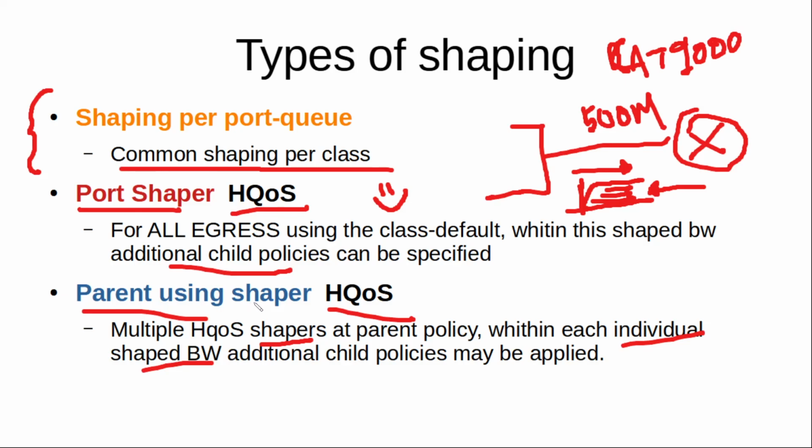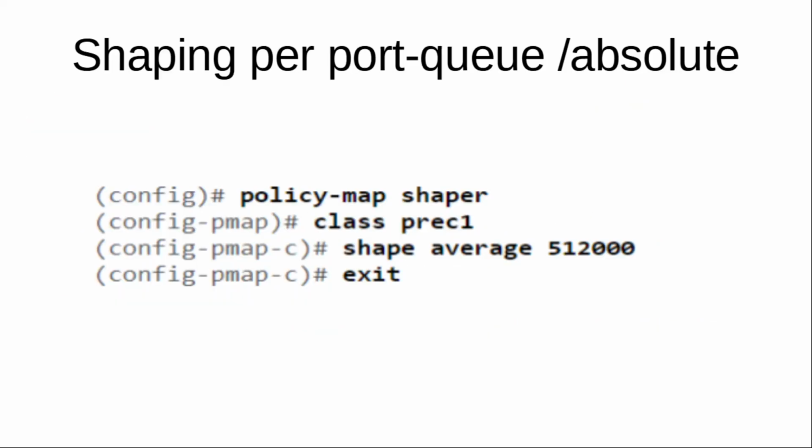But parent using shaper makes things a little bit more complex. You will be able to shape per class map, and then at each class map you will be able to call child policies. Let's see examples of each one of these. So shaping per queue